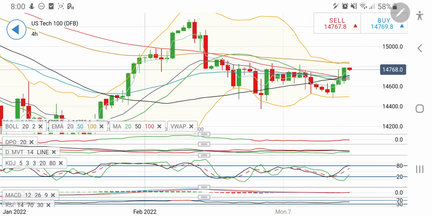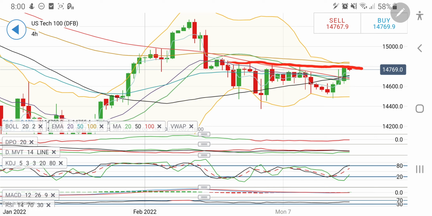Similarly for US 100, this is the third candle, and there is a strong resistance at 14,830. We have seen it several times. It is trying to trade below this. Also it is trying to make lower highs on the 4 hour charts. 14,840, 830, 820, 800. This is what we have seen, and now it is trying to trade below these levels.